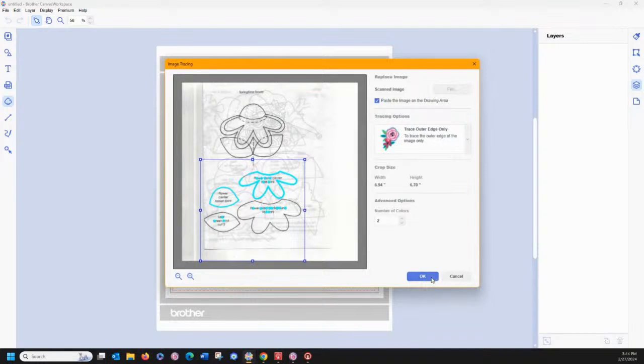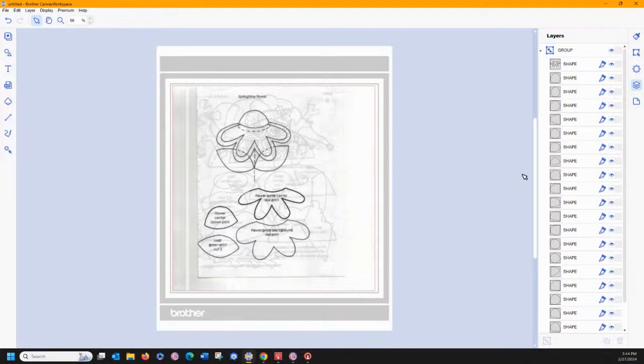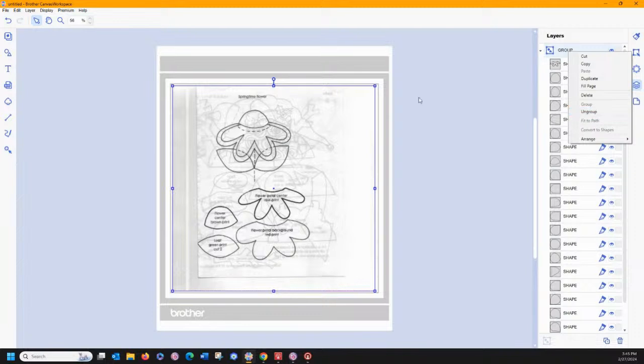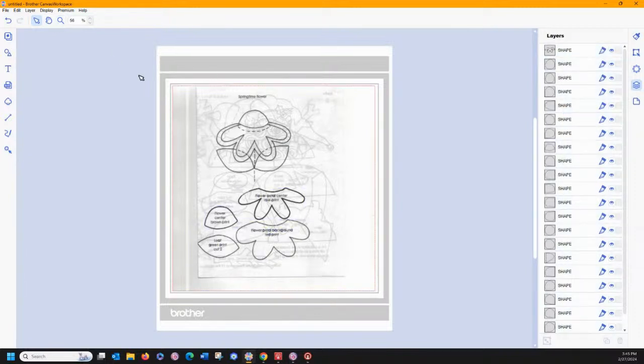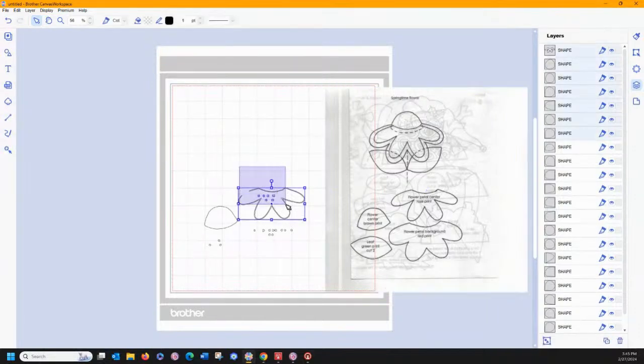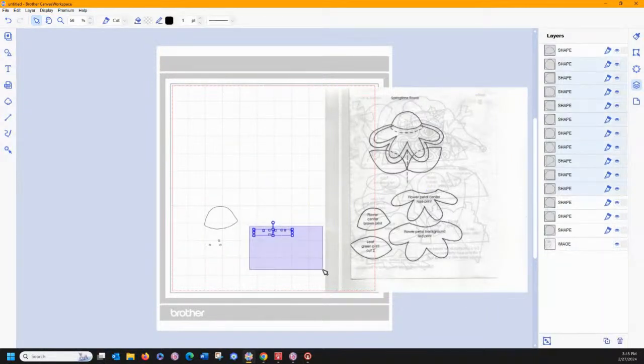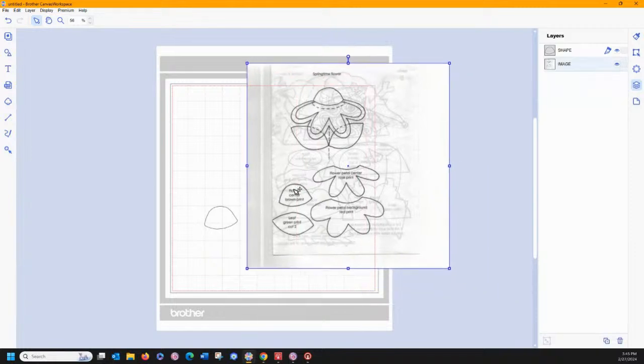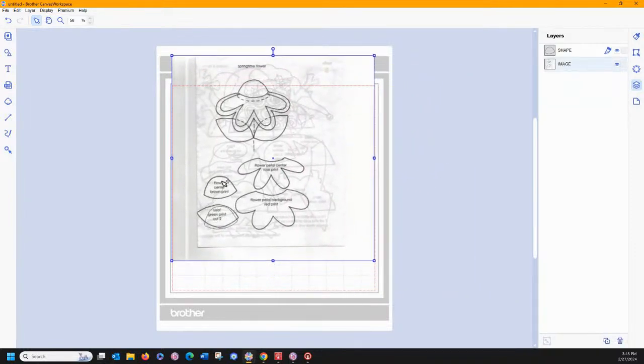So yeah, in that case, I would go ahead and just say okay, and I'll show you what I would do personally. I would ungroup it. And I would get rid of all of these parts. Well, one part did okay. I'd get rid of these. And then I would use my drawing tool and trace around things, because I can do that a whole lot faster than I could manipulate that to work.